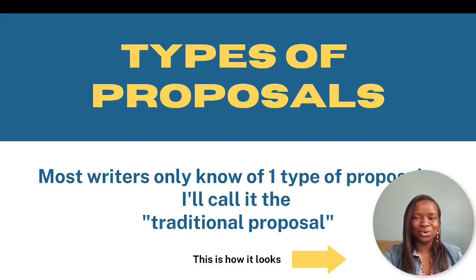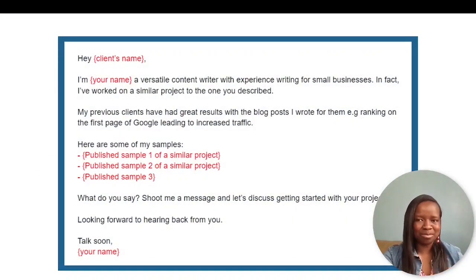Most writers know of only one type of proposal. I'll call it the traditional proposal. This is how it looks. You've seen many templates on this. This is not a bad proposal because you have specified the skills that you have, and you've specified some of the results. You've given one result that you can produce for the client, and then you've given your samples. So this is a good proposal, but